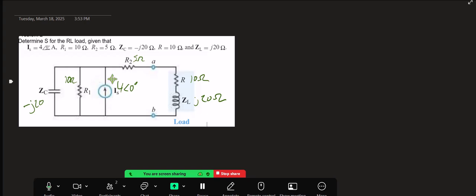Okay, so there are a number of different ways that we could go about this. I would look at finding, let's see, the IS is coming up here, and so IS, that current source, has to equal the sum of the currents going in either direction. So I can say that IS has to equal whatever the voltage is right here